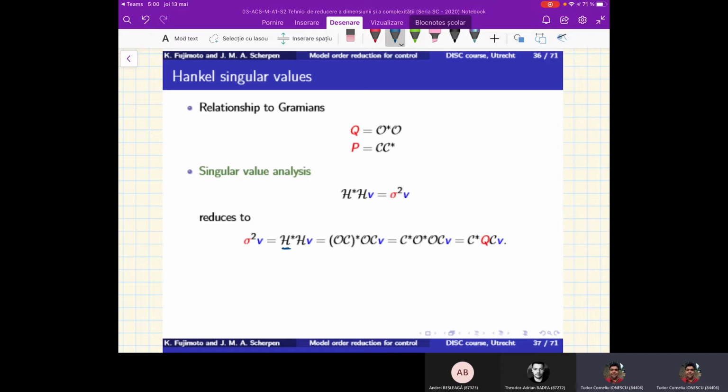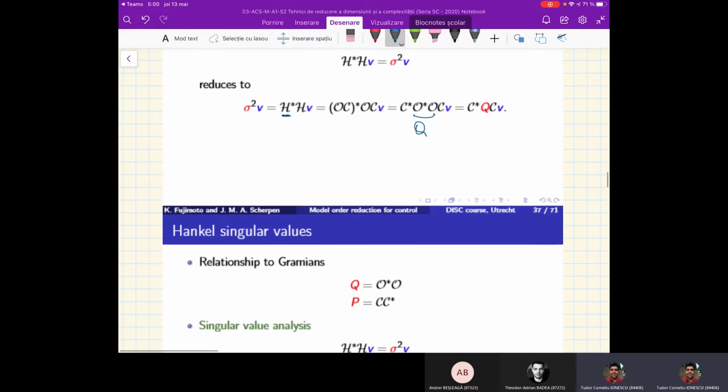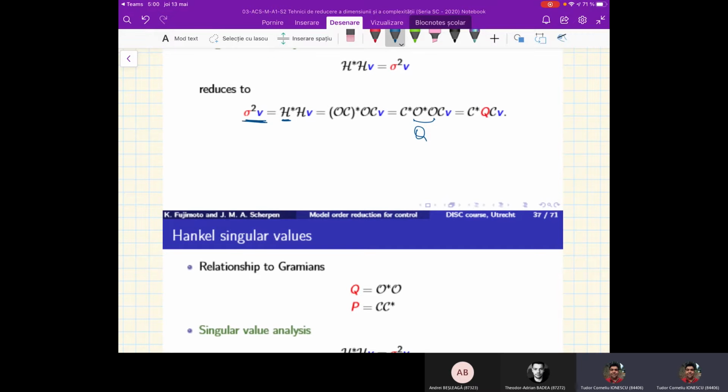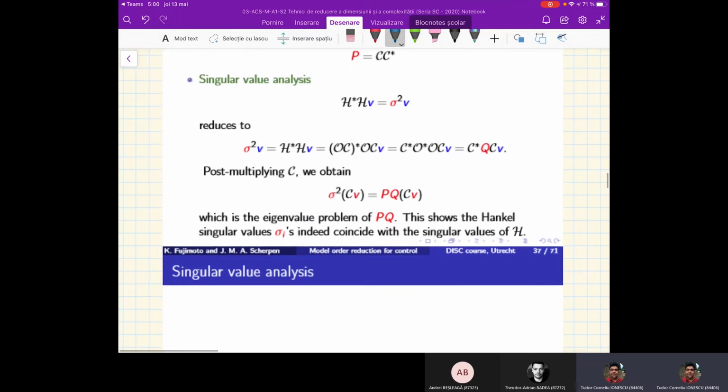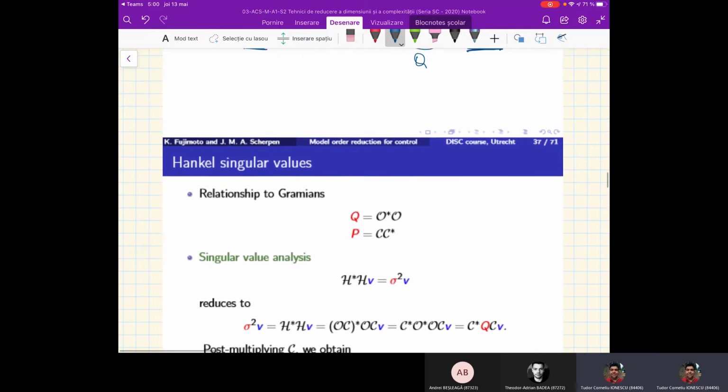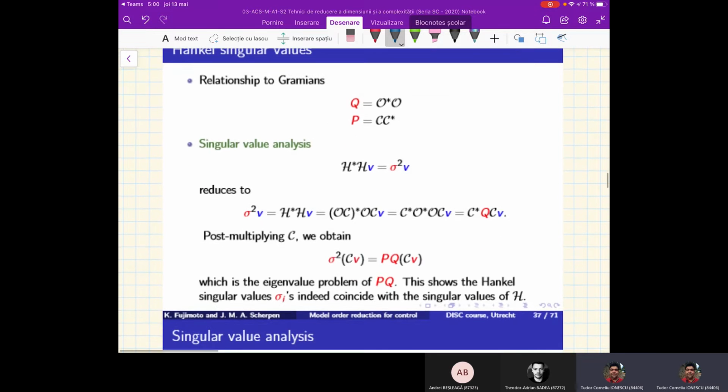So when you do the adjoint, O C star is C star O star O C V. O star O is Q, the observability Gramian. So essentially, the Hankel singular value relationship is C star Q C V. This is the problem of determining the Hankel singular values, the singular values of the Hankel operator. And also keep in mind that you have C star equals